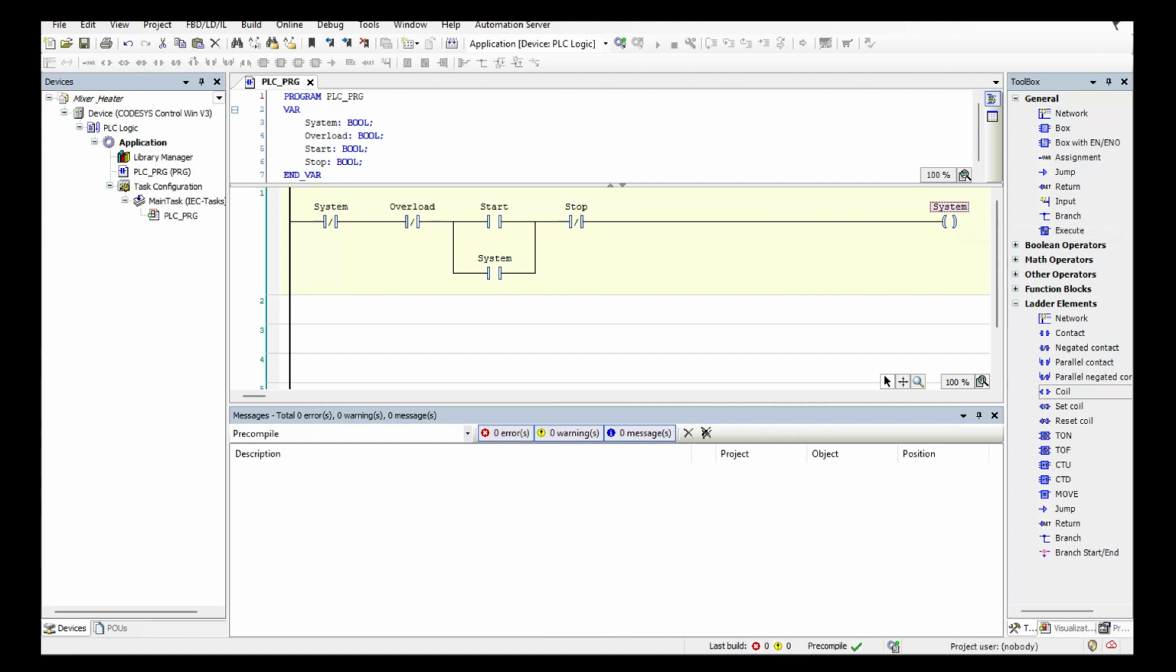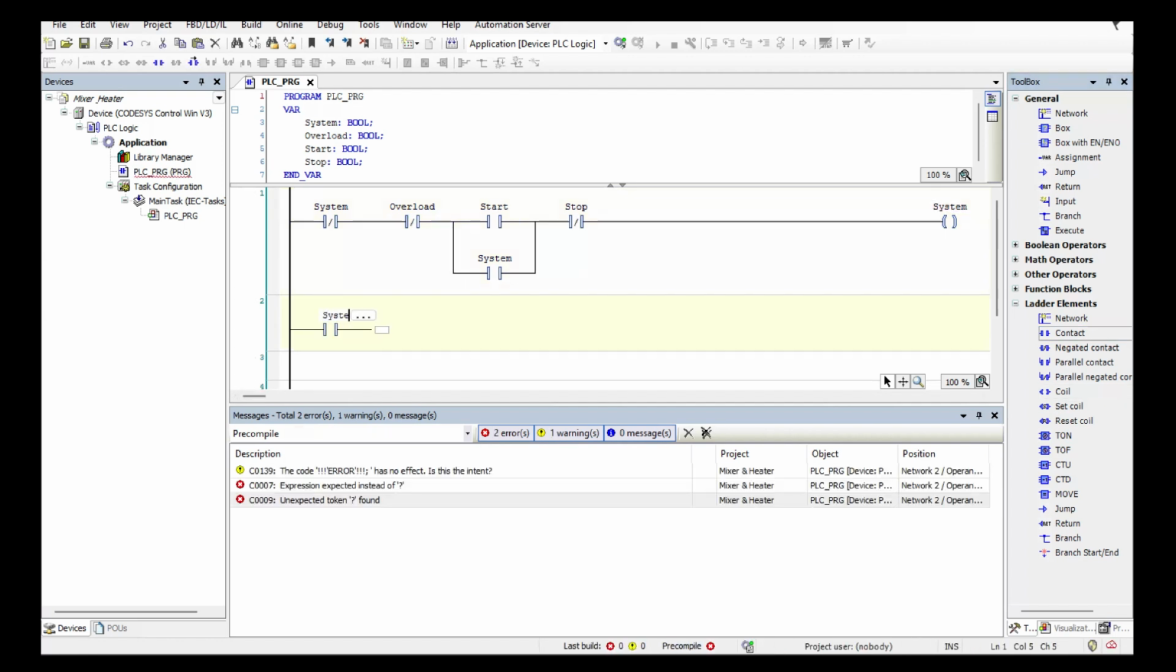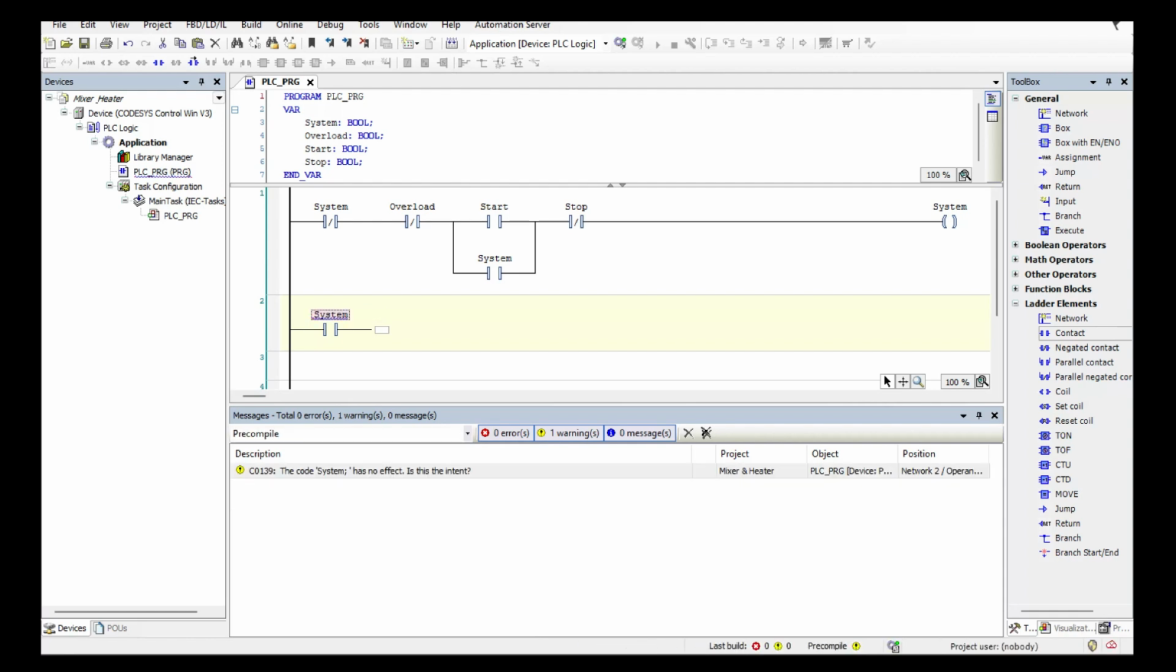system. In network 2, we will have the valve 1. We will also have two different valves, valve 1 and valve 2. So here we will now have just a normal contact system. And then we will have NC for full, and then we'll have a coil for V1,